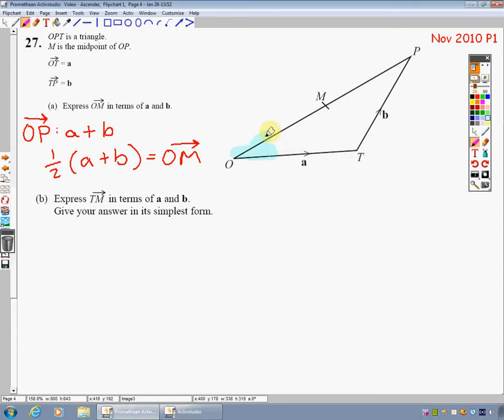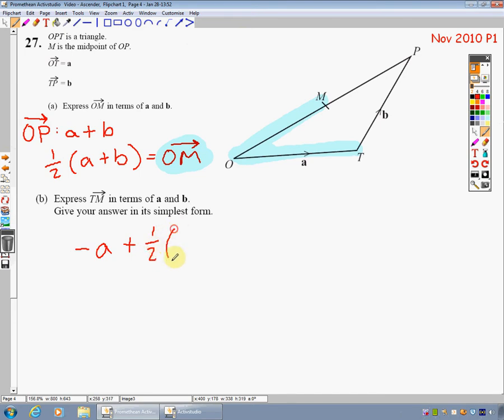We've just worked out our O to M. That's there, and we can get from T to O. So actually we've got a nice, slightly simpler journey that we can take. Going from T, so guys remember, going the long way round with or against the grain. So we're starting at T, we're going backwards against our grain, so actually it's going to be a minus A. And then I'm going to go up and it's going to be with my grain, because originally I did go from O to M. So O to M is going to be plus this answer I've got from part A,